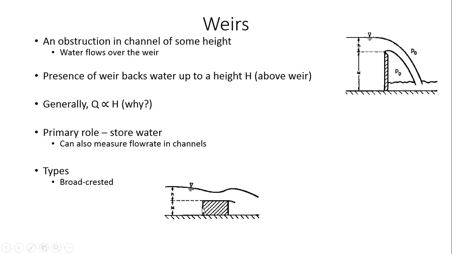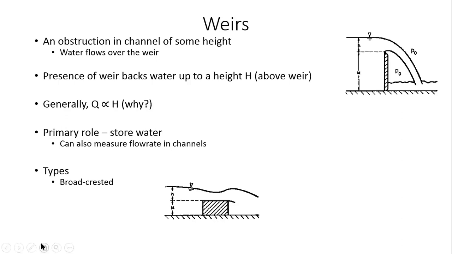So this is an example of a broad crested weir, right? You might have seen this wherever you are from. If you go around, you might notice these kinds of obstructions in the streams or rivers that you have in your village or your city or your town. Typically, it's more common to see this in villages, but all of you might have encountered these kinds of things.